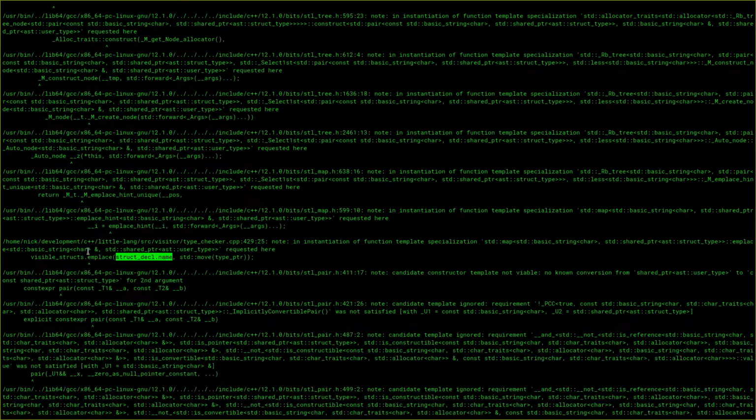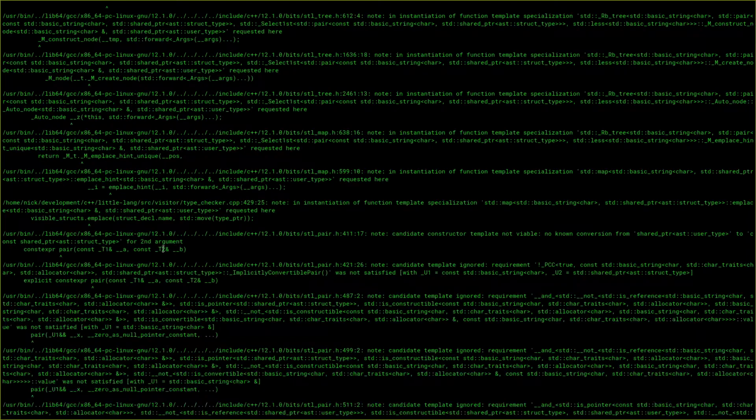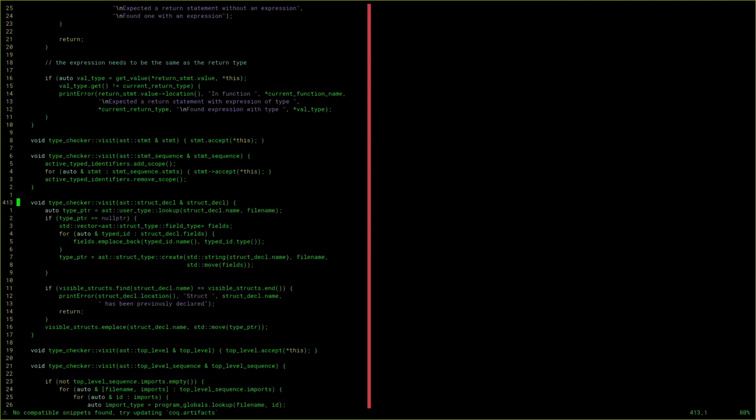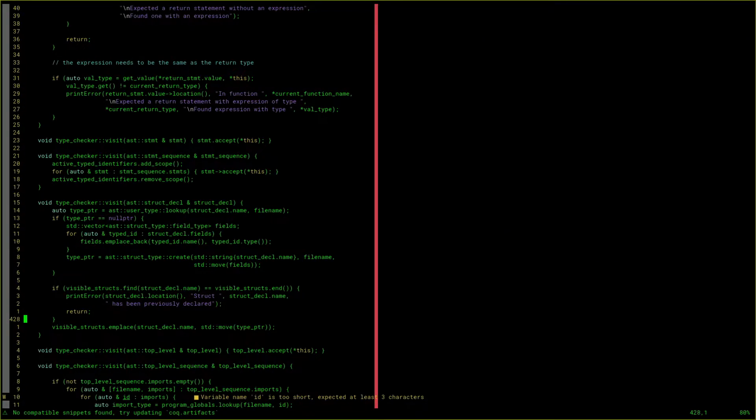I see why, because this is a reference and this is not a reference. Because this would expect to do a copy, and this is not a copy. Yeah, here we cannot construct this from the second argument because one's a struct type and one's a user type. Right. Introduce specialization at this point. We need to say